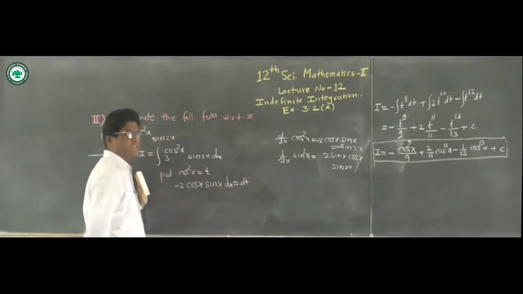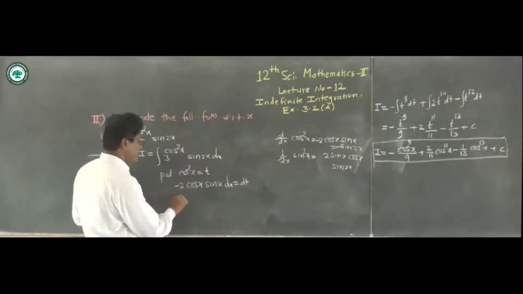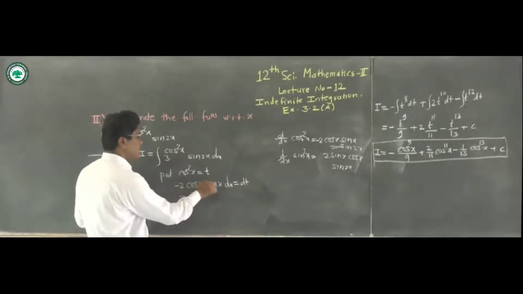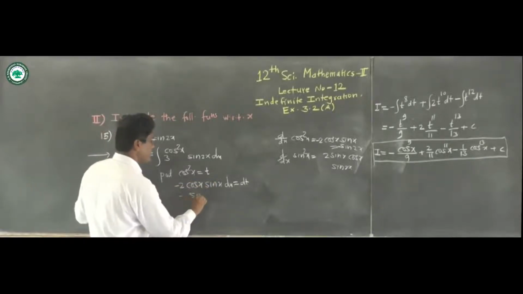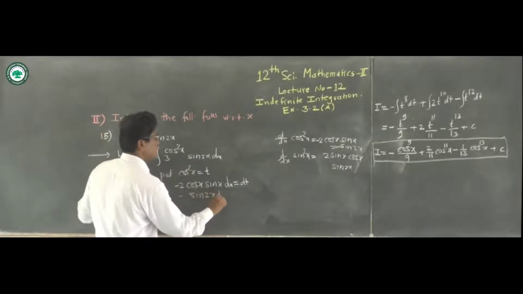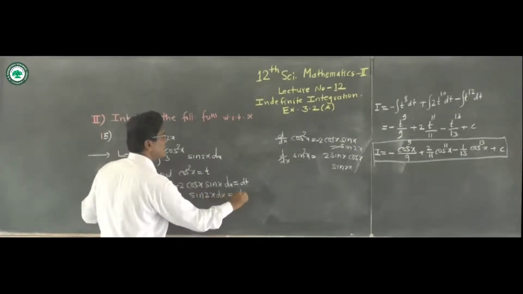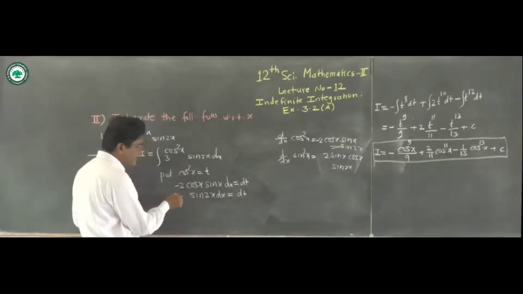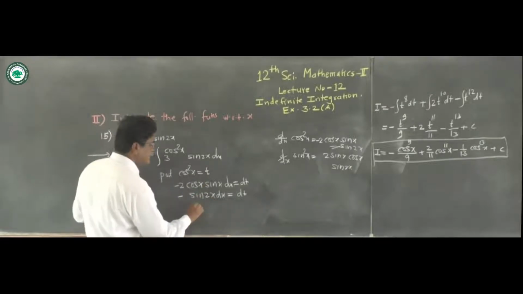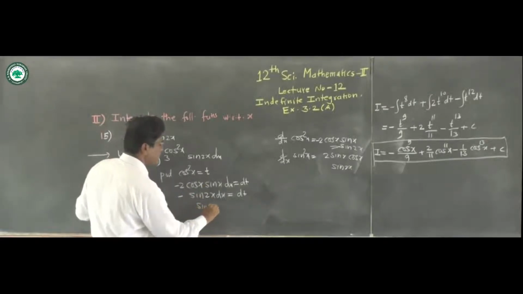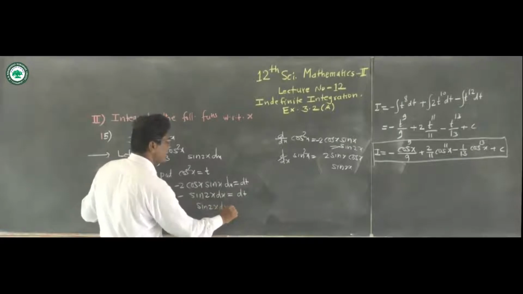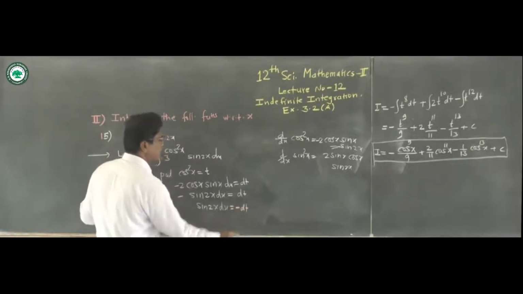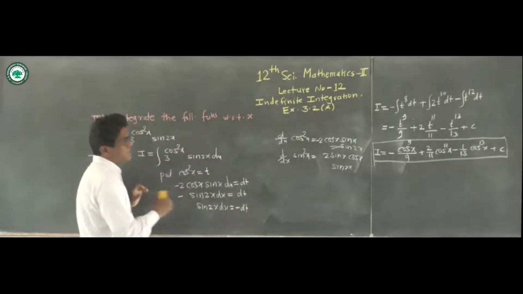Carrying dx over, we get minus 2 times sin x cos x, which we know is the formula of sin of 2x, dx equal to dt. Now carry this minus sign to the right hand side, so we get sin of 2x dx is equal to minus dt, and now the required integral I becomes